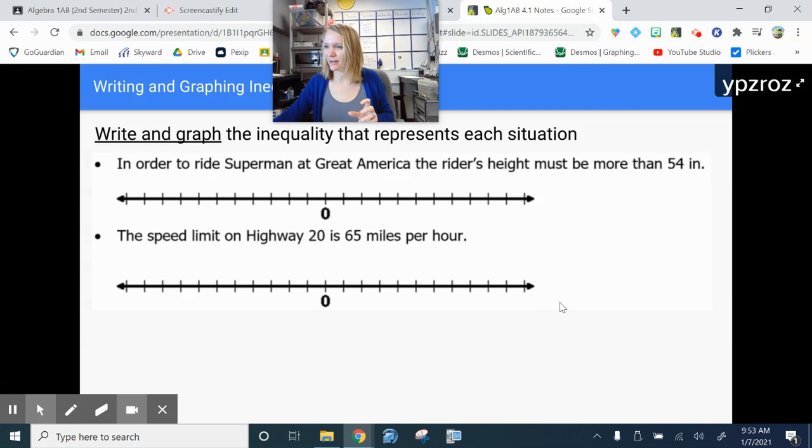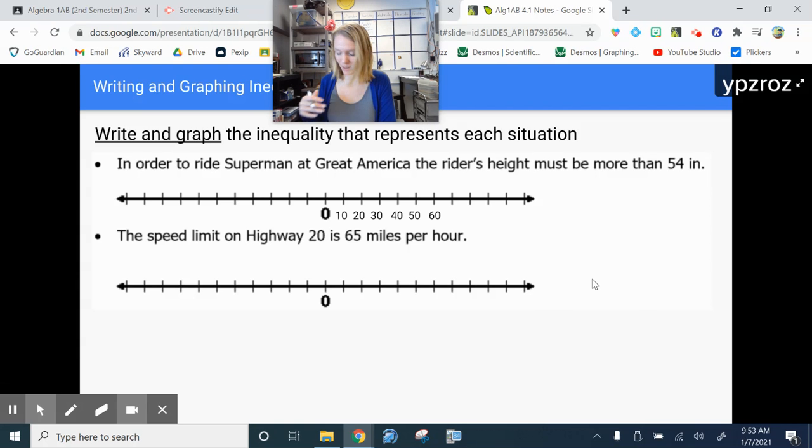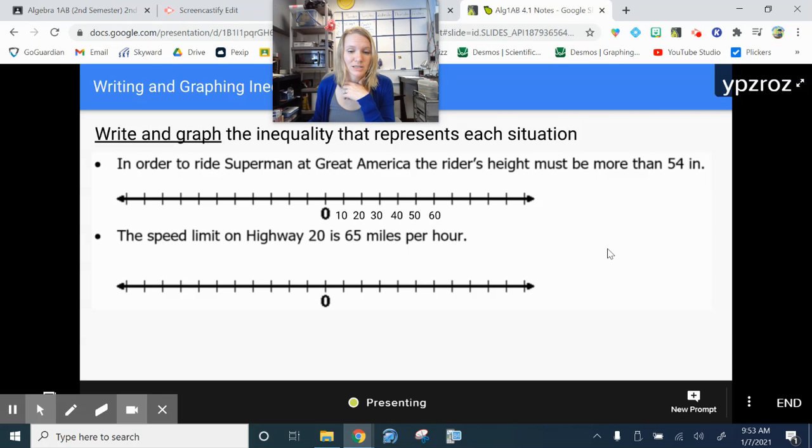So there we go. First thing, I'm going to plot some points. I can see the number line that I have doesn't have any numbers on it. Well, that's not very helpful. So I'm going to count by tens because I need to be able to plot and graph this situation. Each mark I'm going to say is 10, 20, 30, 40, at least up to what I need. On your homework, I think there's a question where you have to actually plot your points. Then if we want to say it's more than 54 inches,